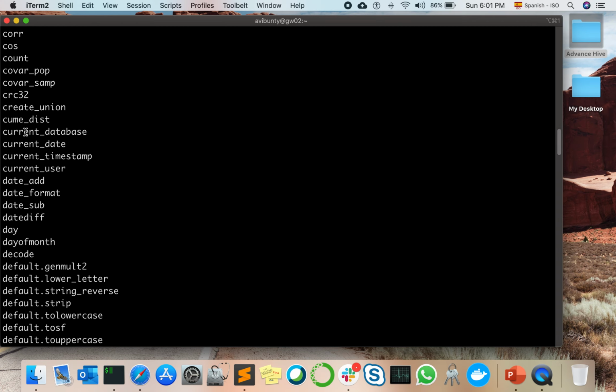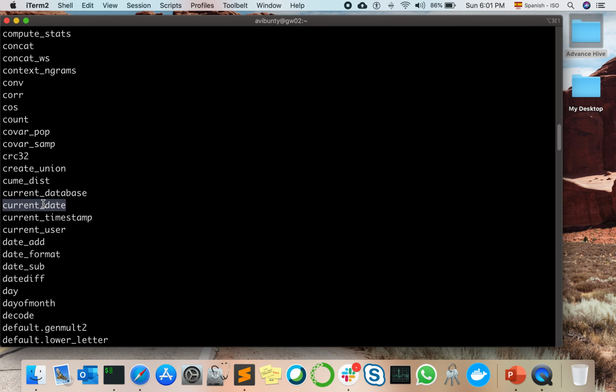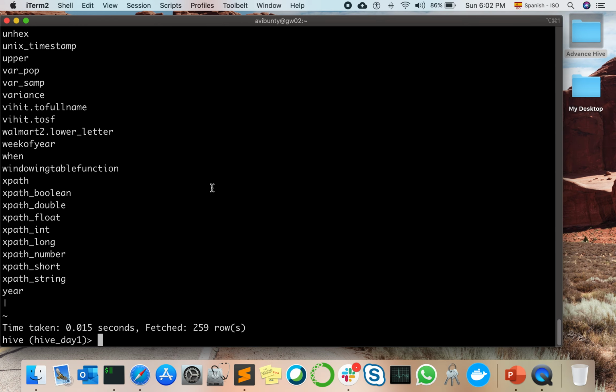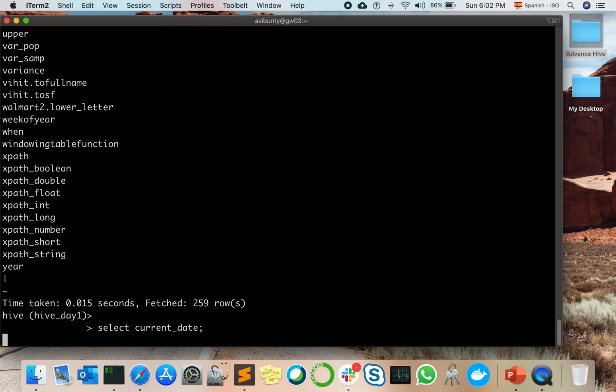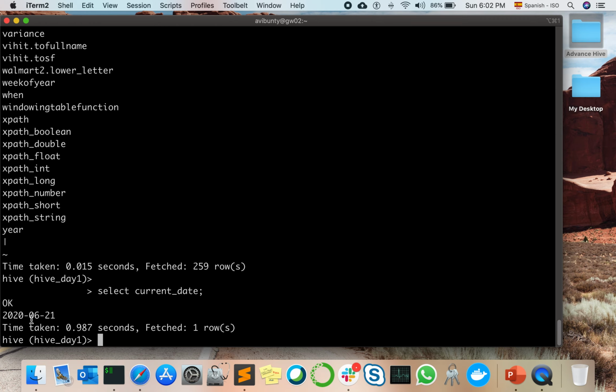We have functions like current database or current date. For example, if I give select current date, which I showed you yesterday, you can see today's date. Now if I give select current database,